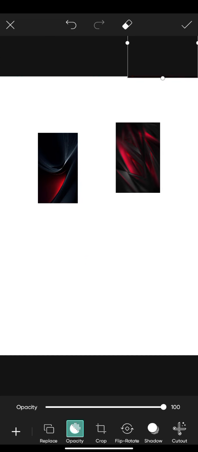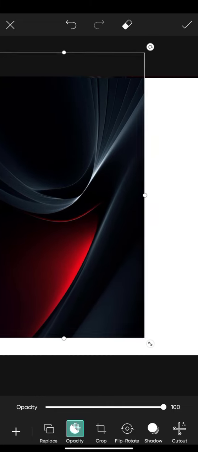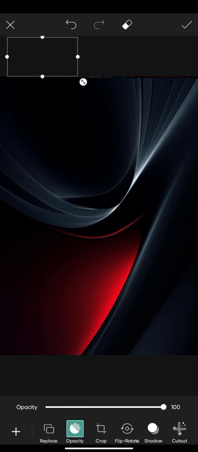I don't need these ones for now, so I'm going to move the 3. I'm going to just increase the size of this first. So this is the first background. All right, so I'm going to increase the size of this background this way, like this. All right, so you have something like this, and then I'm going to bring in the next background that I'm going to be making use of, which is